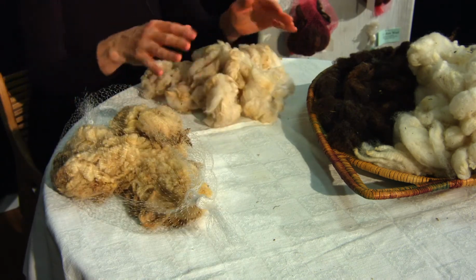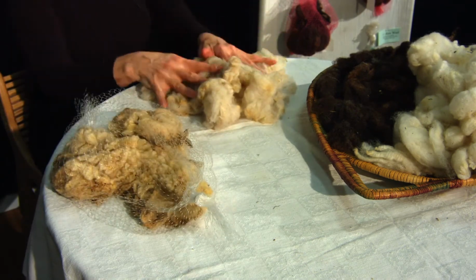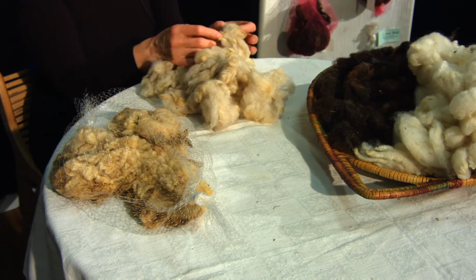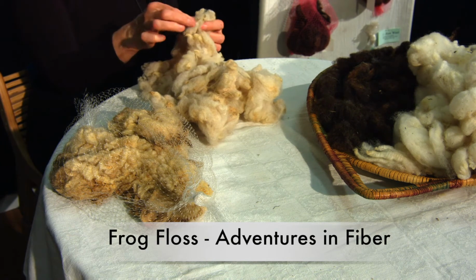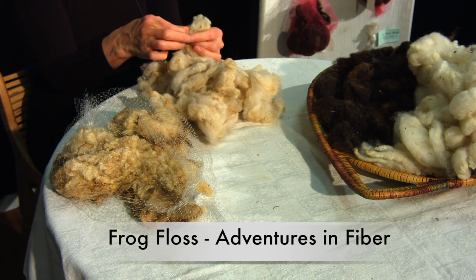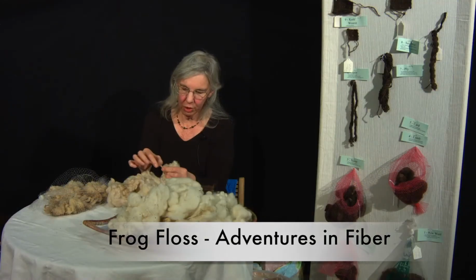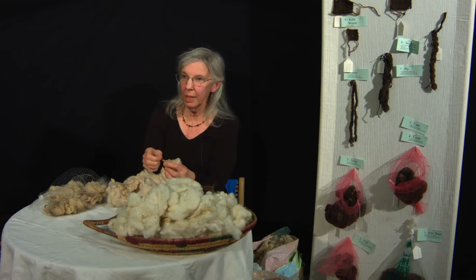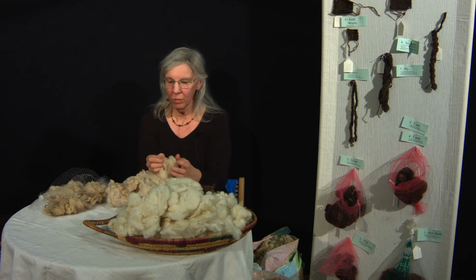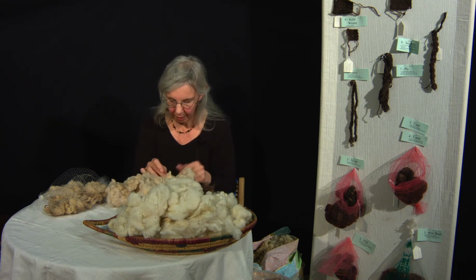So this is, by the way, fiber that's been washed. It's been scoured. Now, if you notice, it still has some little tips that don't look real good. Those might just, if I tease them, oh, look at that. They come right out. Okay? Nothing to be concerned about. On the other hand,